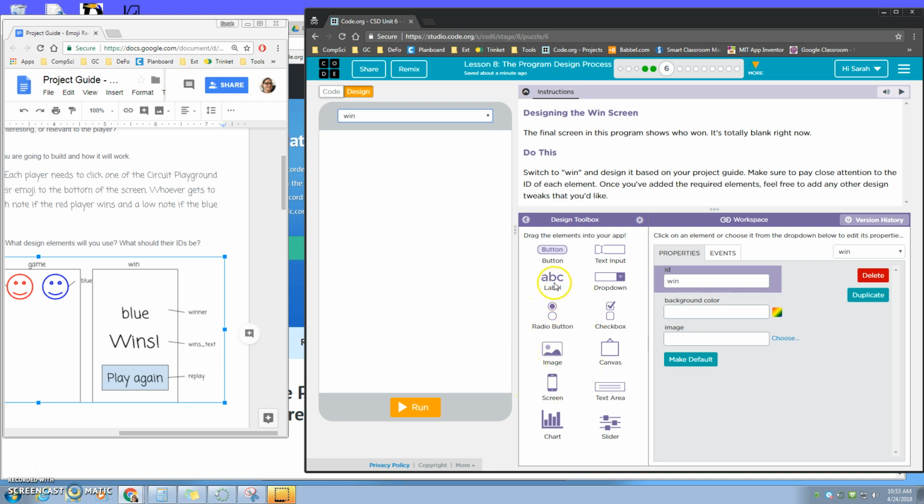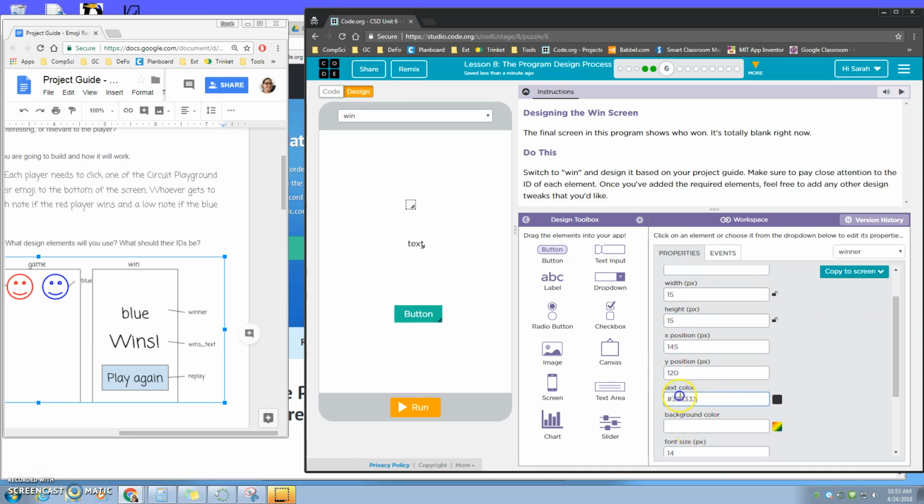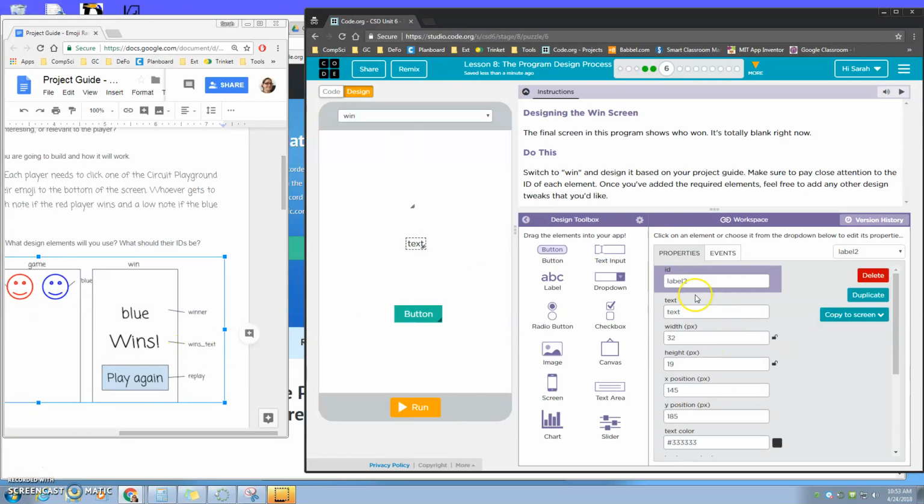a text label and another text label and a button. This first text label is going to be called Winner, and I'm going to leave it blank. But I'm going to change the font to probably 32. And then I'm going to click on the next one, and that says Wins Text